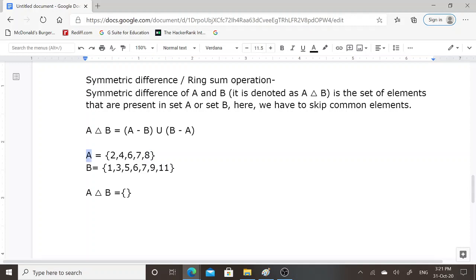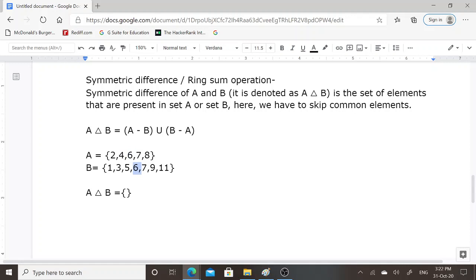If you consider the elements that are present in set B, then 1, 3, 5 are only present in set B. Likewise 9 and 11 are also present only in set B and not in set A. Common elements that are present in both sets, set A and set B, are 6 and 7.